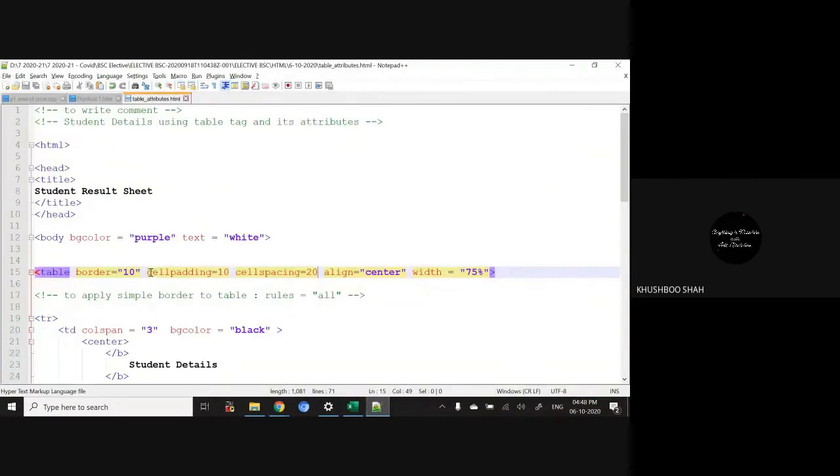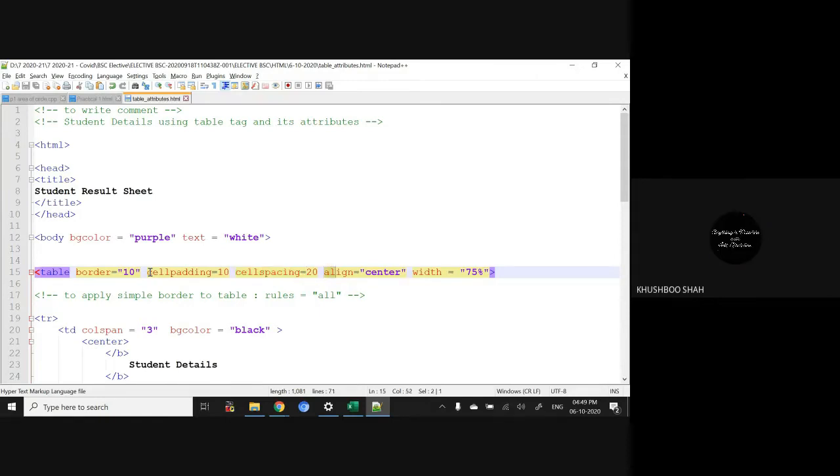One is cell padding, and the second is cell spacing. The cell padding is the distance of content from the cell's corner, and the cell spacing means the distance between two cells. Am I clear to everyone? Yes, ma'am. Great.